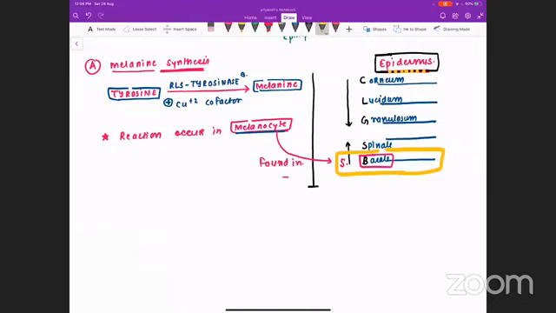Let's say someone is having a deficiency of the enzyme tyrosinase. If there is complete deficiency of tyrosinase, then the melanin will not be synthesized. If there is no melanin, the skin will be completely white. You may have seen some people who have completely white skin, a complete fair complexion. This condition is called albinism.